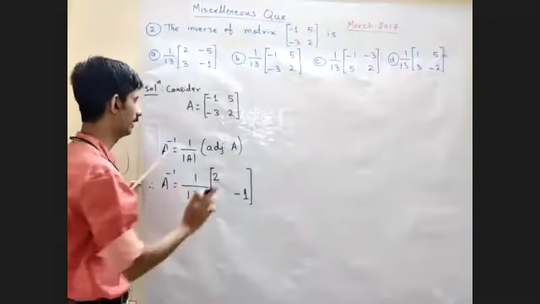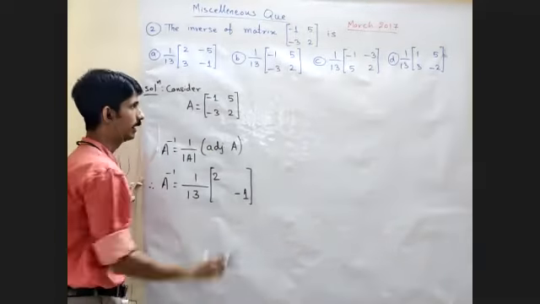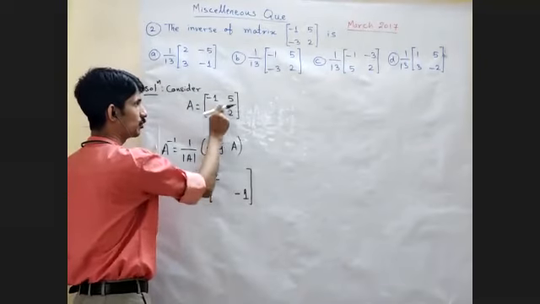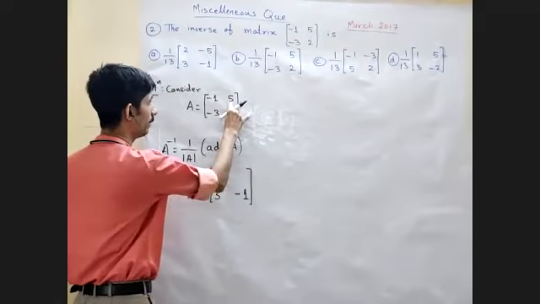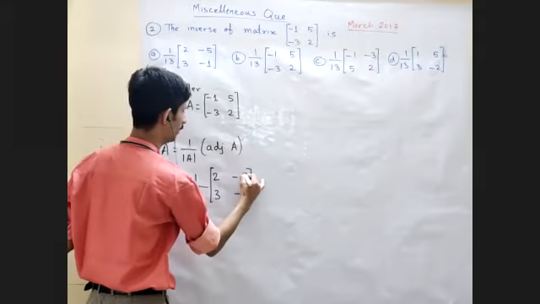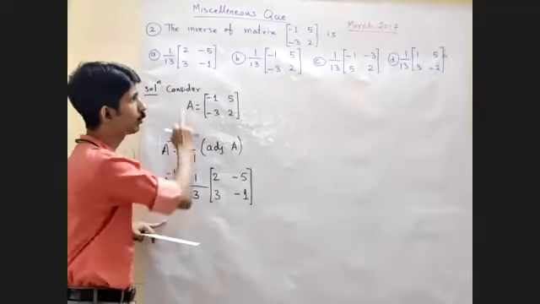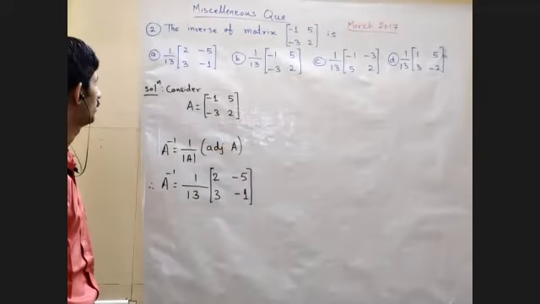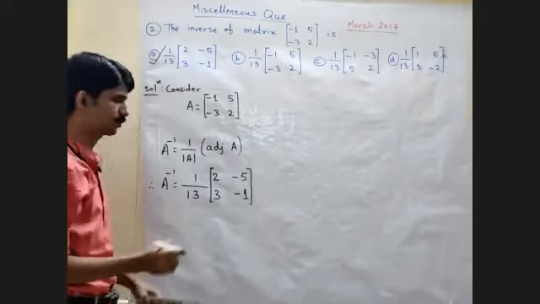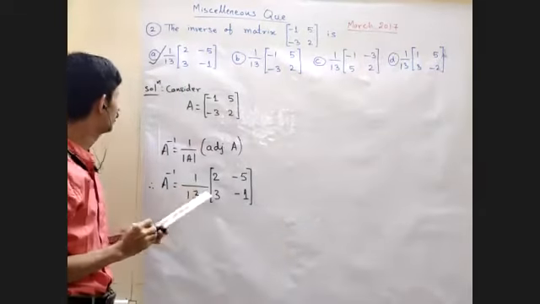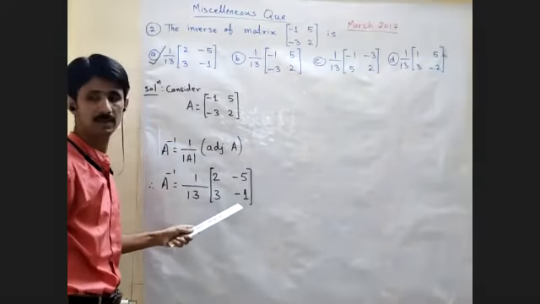एक सिंपल सा फंडा है adjoint of A निकालने के लिए. Interchange the position of these two elements and these two elements will change only in sign. ये -3 है तो ये +3 हो जाएगा और ये +5 का it is going to become -5. So this is nothing but our A inverse. अब देखो कौन सा ऑप्शन करेक्ट है. Which option is the correct answer? So it is option A. First option is the correct answer. A inverse is 1 by 13, 2 and 3 in the first column, -5 and -1 in the second column.